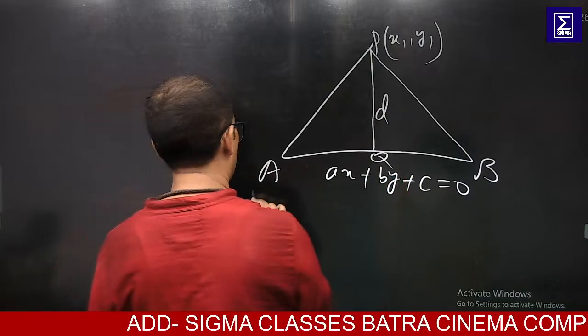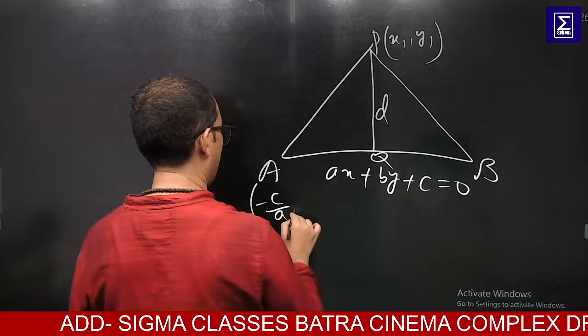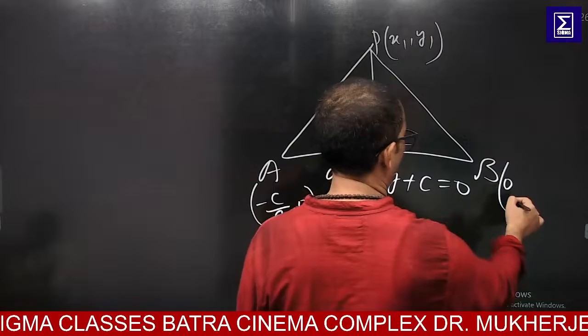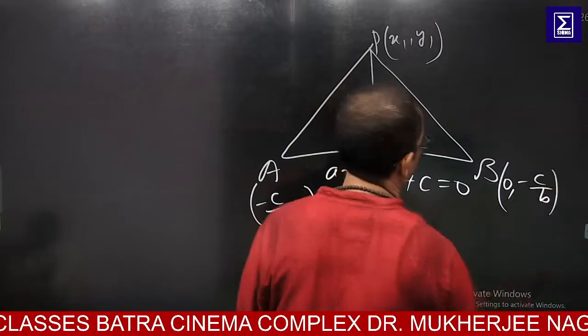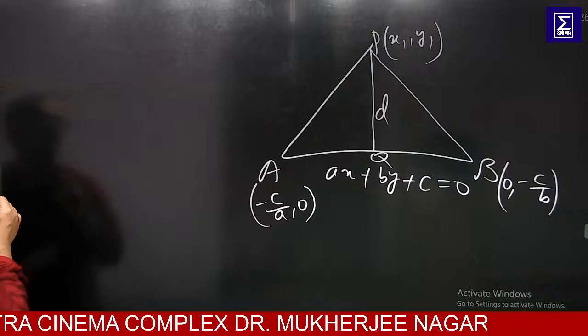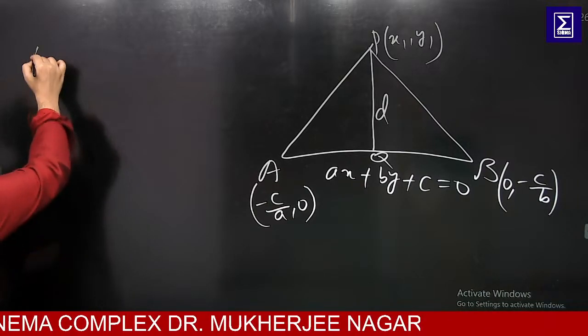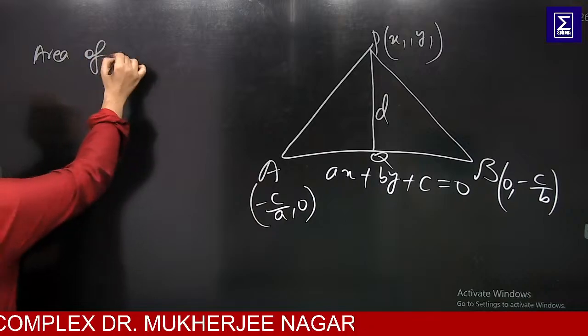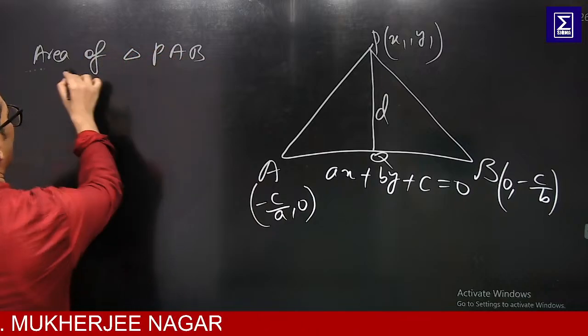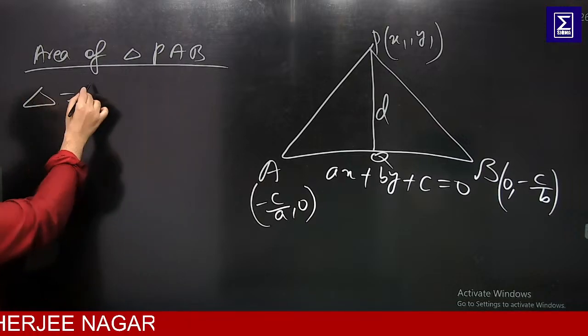The coordinate of A is minus c over a comma 0 and the coordinate of B is 0 comma minus c over b. So if we want the area of the triangle, the area of triangle PAB will be nothing but half times